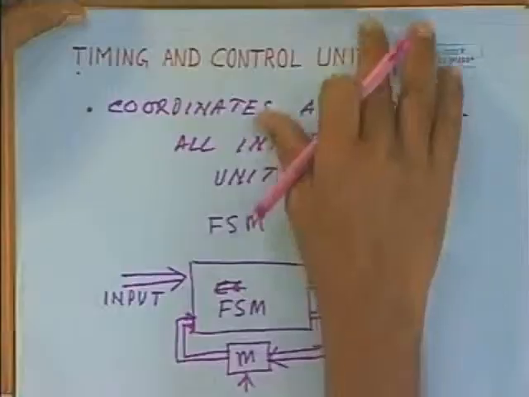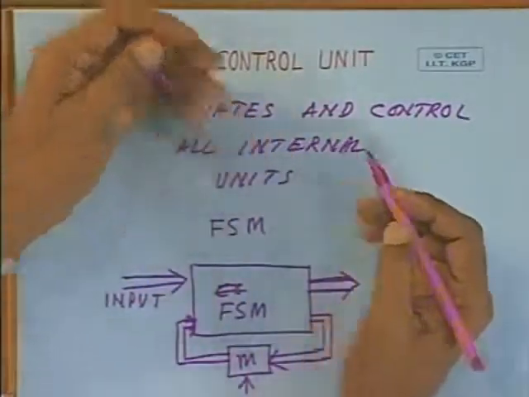So we can summarize what we have discussed today. Today we have introduced to you the architecture and organization of 8085, particularly the register unit, what are the different types of registers available inside the 8085. We have discussed in detail the interface section, which is used as system bus for interfacing to memory and input output devices. We have also discussed briefly the function of the timing and control unit, and in the next class we shall discuss in more detail the function of the timing and control unit.